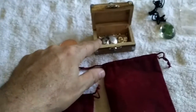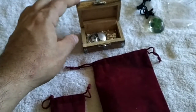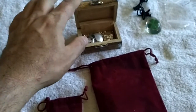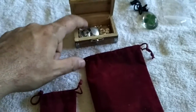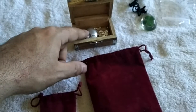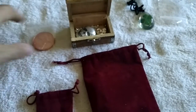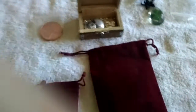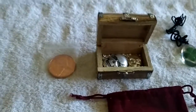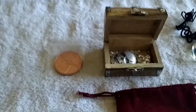This was very inexpensive, this little treasure chest with the 1 ounce. I think I spent $31 for it because the guy that we got it from hand makes these treasure chests. And then for the 1 ounce. And then we bought the 2 ounce for like $50 or something like that because it was poured. And then the grams we just got really cheap. So, overall, not a very expensive gift. You can make this a present for somebody. Or you could just make a really cute,